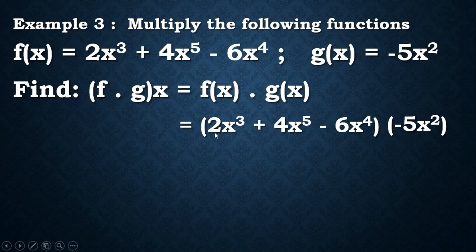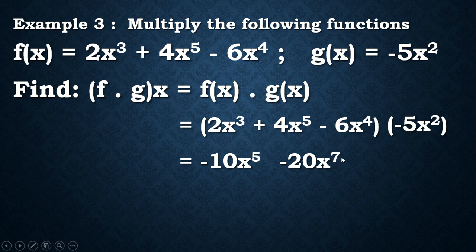5 times 2, that is 10. Negative times positive, we have negative 10x to the 5th, because we have to add their exponent. 2 plus 3, that is 5. And then negative 5x squared will be multiplied by 4x to the 5th. 5 times 4, 20. Negative times positive, negative. So we have minus 20x to the 7 because we are going to add their exponent, which is 2 plus